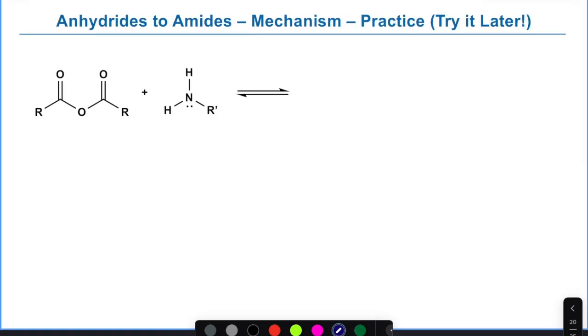The other one, too, is we can switch out the nucleophile. Instead of using alcohols as our nucleophile, we can do the same thing with our amines. Neutral amines attacking anhydrides is the same mechanism that we did for the alcohol. So that one we'll do in the